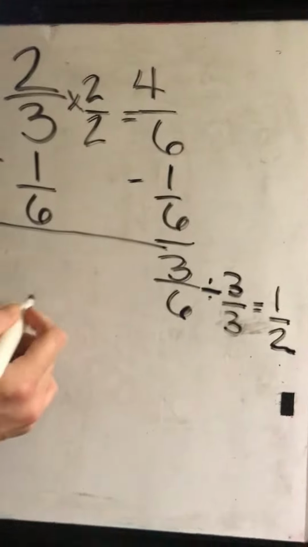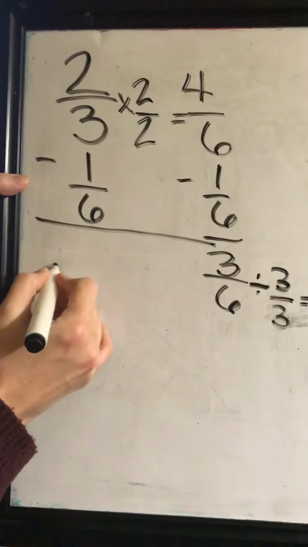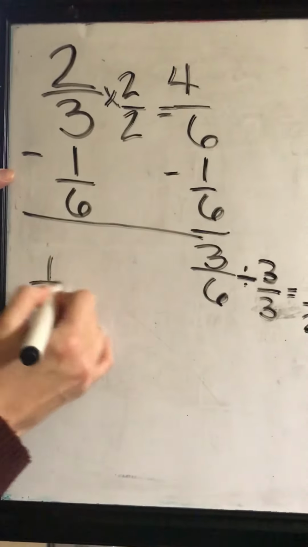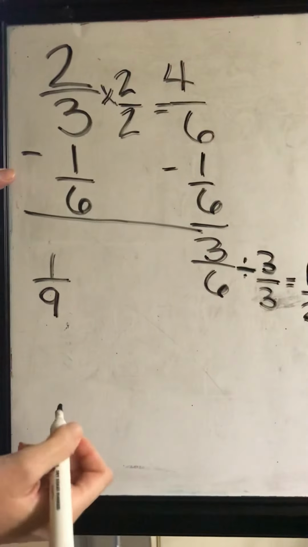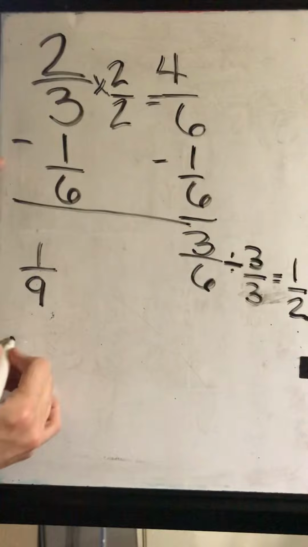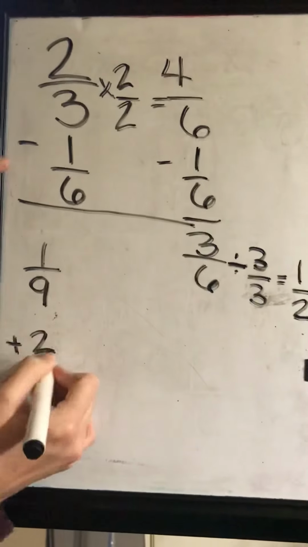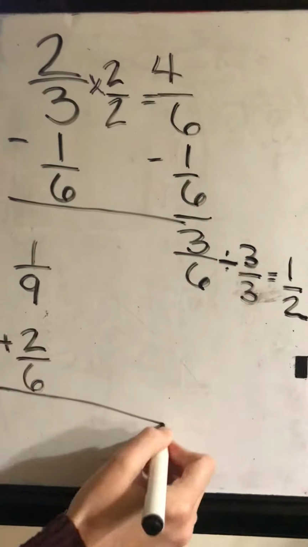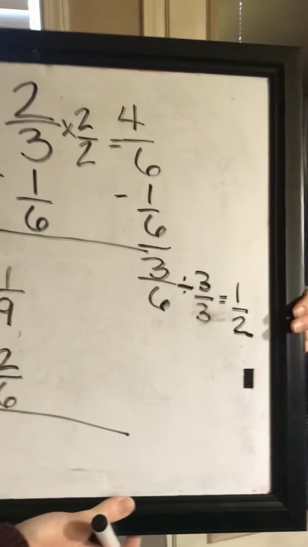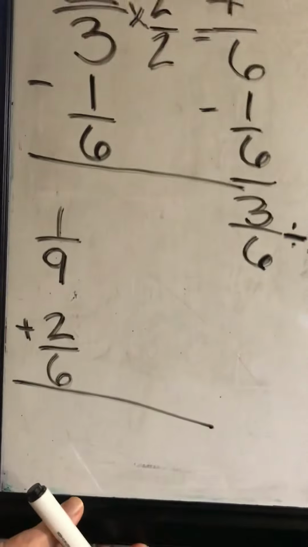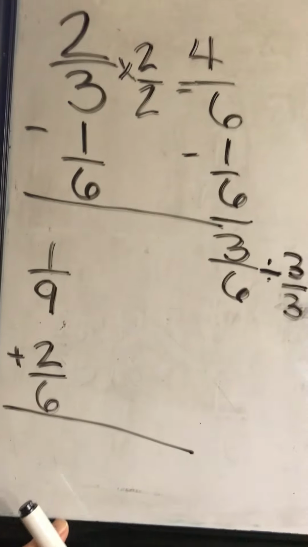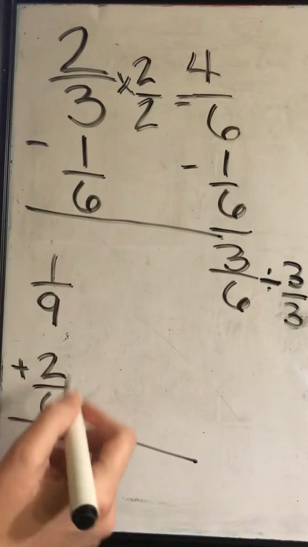Let's say that I had 1/9 of something, and then I want to add to it 2/6. Now with these, I'm not going to be able to change just one. I am going to have to change both of them. So I can do our strategy where we multiply to find the